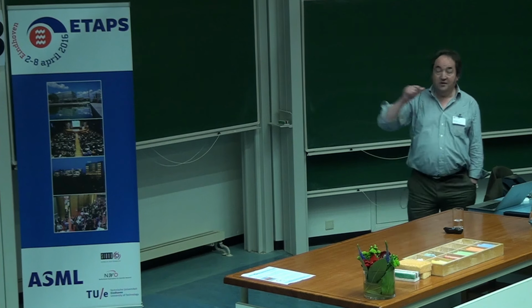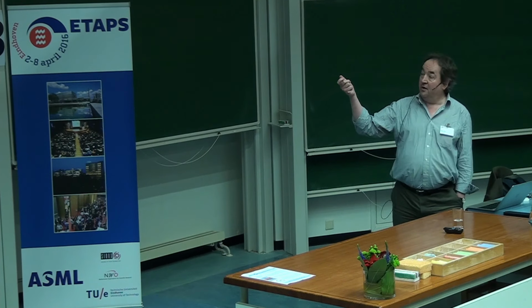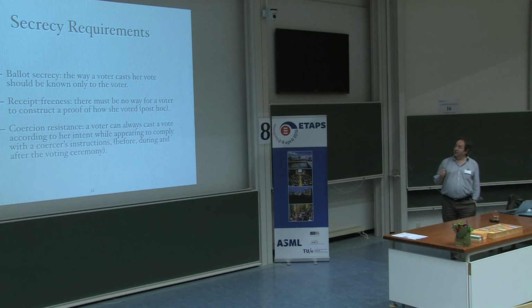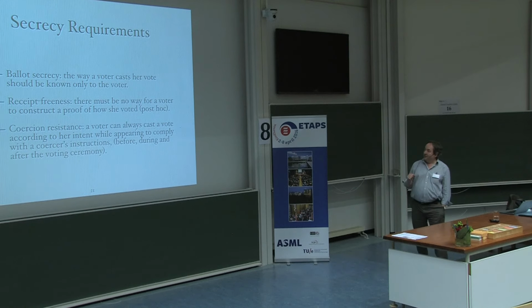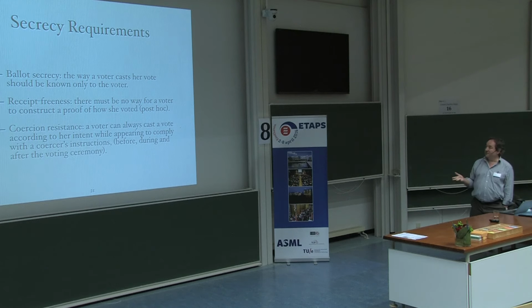So these lead to these much more subtle properties of receipt freeness, which is basically a voter should never be able to construct a proof of how they voted, even though they got a sort of private individual proof at the time of casting, but that's a very sort of ephemeral proof. And non-transferable proof, and furthermore, the even stronger property of coercion resistance, which basically means that even if the coercer